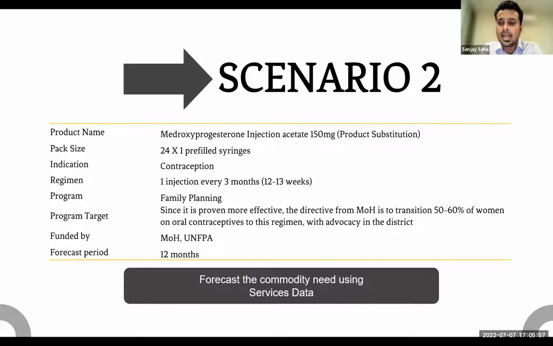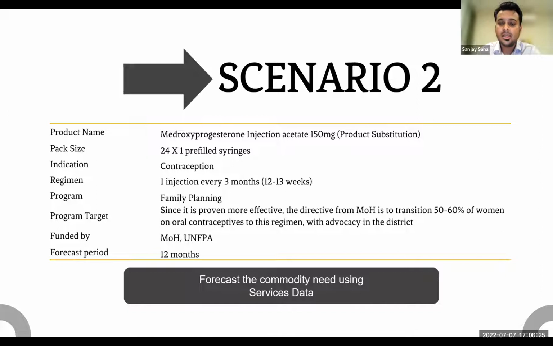So rather than taking an average, you use the entire quantity that has been used as a data set. However, a better forecasting technique for malaria is using surveillance or morbidity data, which is scenario number 3. If time permits, I will definitely go on to scenario number 3. We have about an hour left. So let me quickly do scenario 2, and then Shailesh, the question you have asked will also be answered in